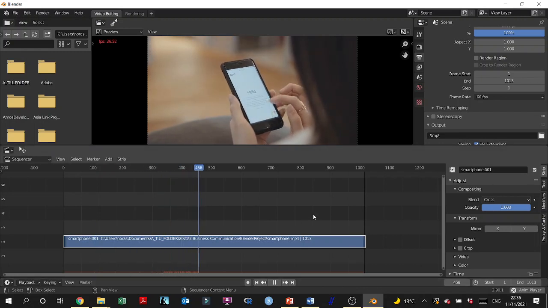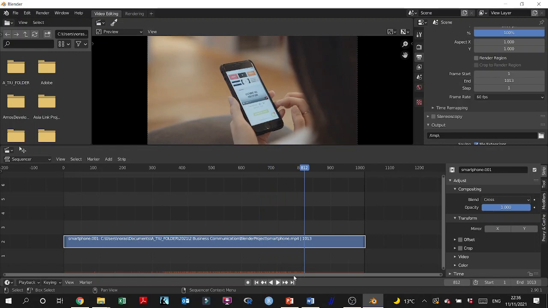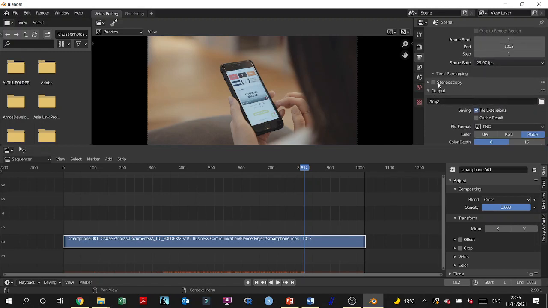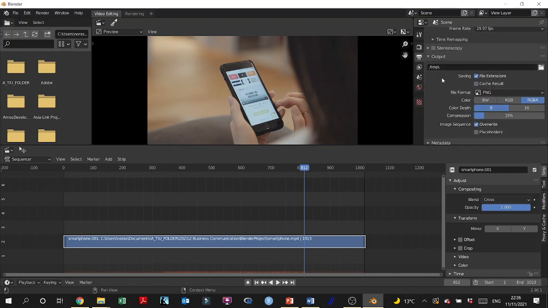It's a little bit lagging, huh? But it's running faster. You see? All right. But please make sure that if you want it in the natural speed, that it matches the speed of the video. Here in the stereoscopy, we're not going to do anything. In the output, we're going to work on these